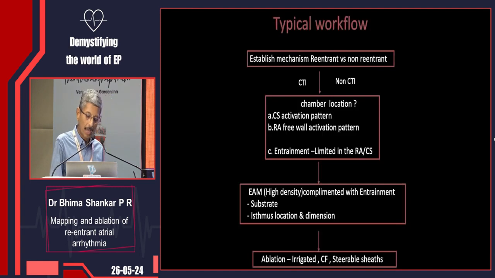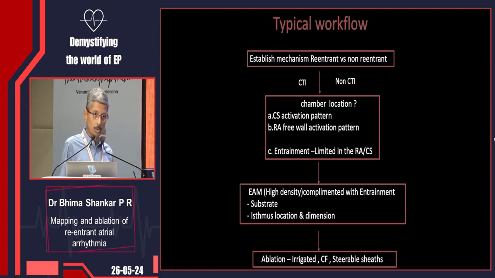So what's a typical workflow in the lab? First is to establish whether the mechanism of the arrhythmia that we're dealing with is reentrant or non-reentrant, and then see if it's CTI dependent or non-CTI dependent. This again has implications for your ablation success. Once that is established, you put in your catheters,